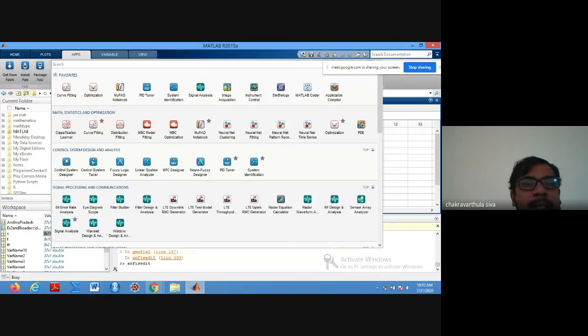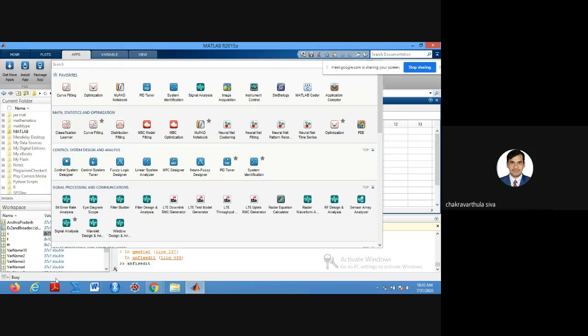we have considered. Even if you see here, there is another option called optimization. The optimization also has many options to work out.